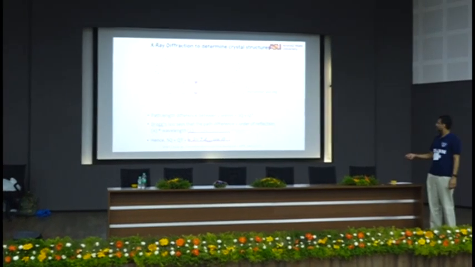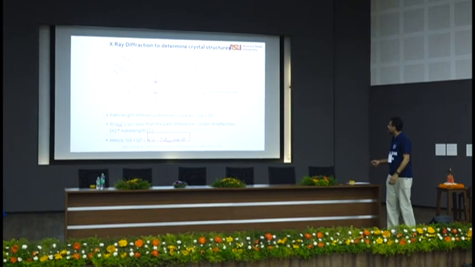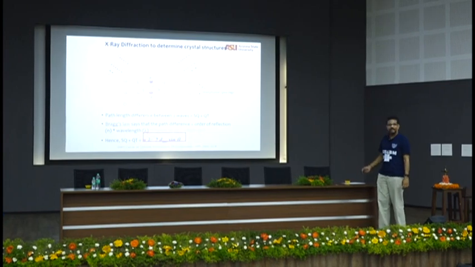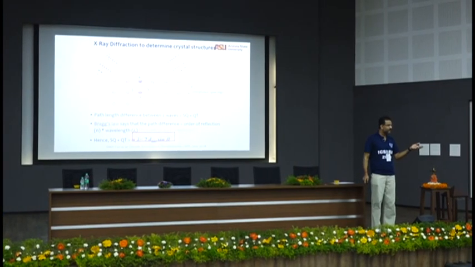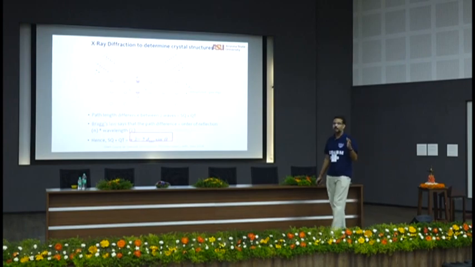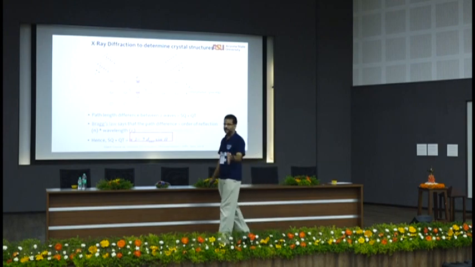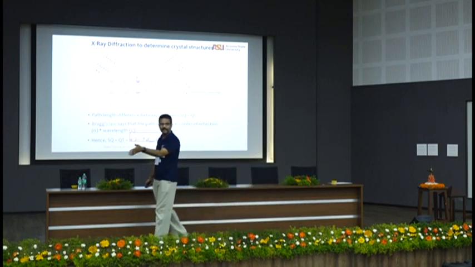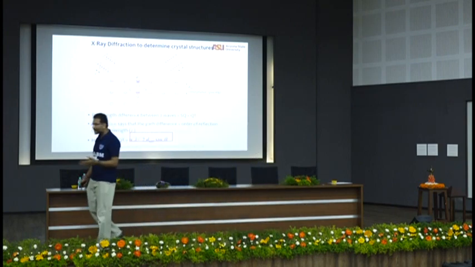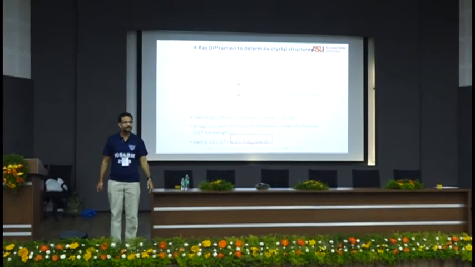And then Lawrence and William Bragg simply said, I can equate that value to the wavelength of the wave times a simple multiplier, which is the order of diffraction. Has it diffracted once, twice, three times, just an order of diffraction. So it makes it so simple: n times lambda is 2 times d sine theta.